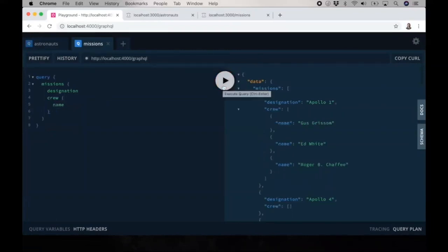So this is looking pretty good, but it would be great if we could traverse the graph in the other direction too, from astronauts to their list of missions. To add a missions field to the astronaut type, we actually don't need to touch any of our existing code in our astronaut service. We can actually extend the astronaut type directly from within the mission service with an additional field containing that list of missions. So if we head back over to VS Code now,